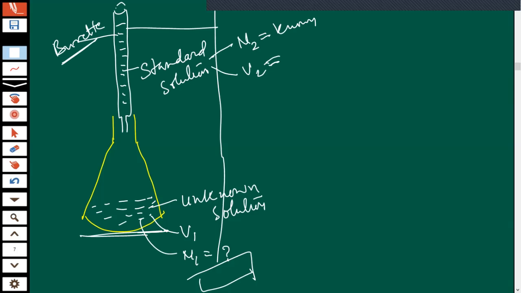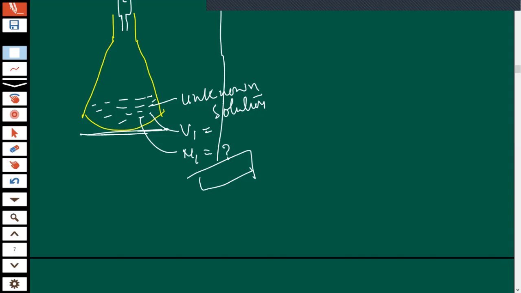Burette reading is the volume. And here the volume is known, only the normality is not known, so we will use